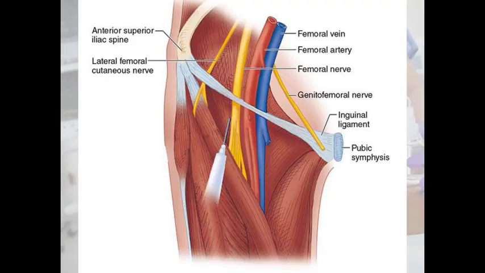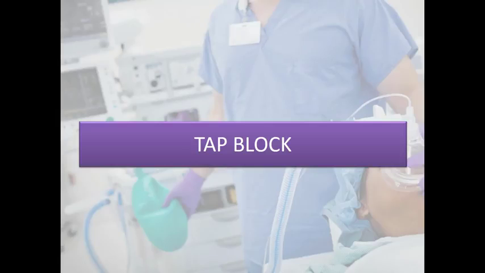This is the femoral nerve block, which is used to provide analgesia for the hip, thigh, knee, and somewhat to the ankle as well through the saphenous nerve. Now what is the TAP block? TAP is basically the transverse abdominis plane. In this block the subcostal, ilioinguinal and iliohypogastric nerves are targeted, which provides anesthesia to the ipsilateral lower abdomen below the umbilicus.